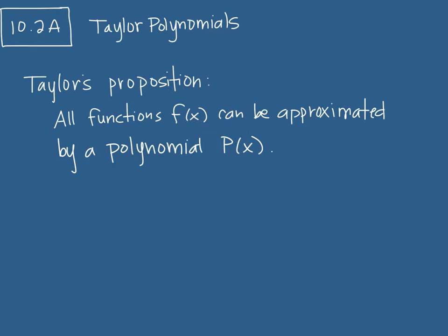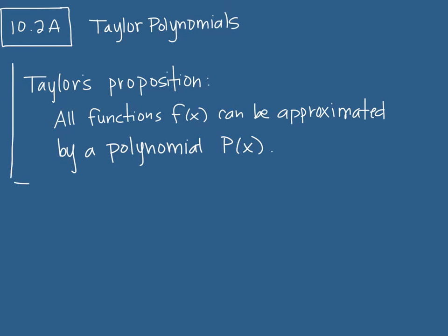All functions, has to be a function, okay, so pass the vertical line test, could be approximated by some polynomial that would match up to that function. I'm guessing yes. We'll be teaching about this. How complicated do you think the polynomial has to be? Simple. Okay. All right. So